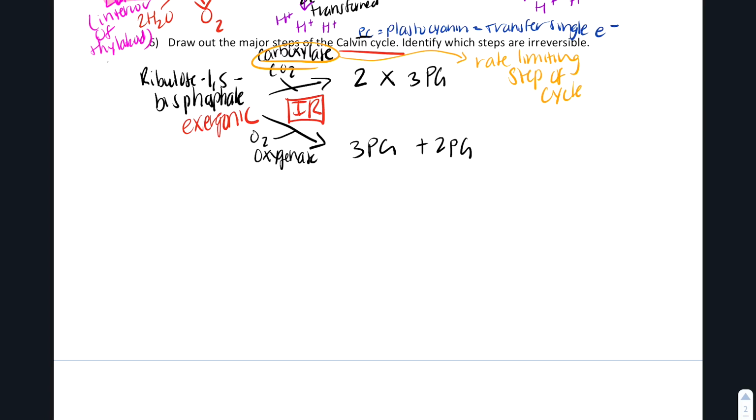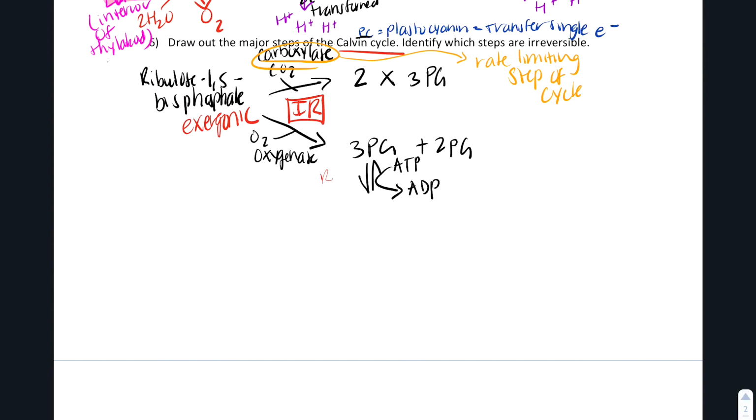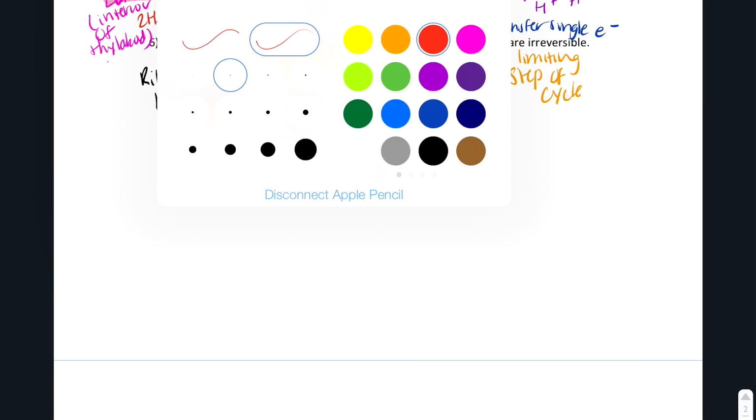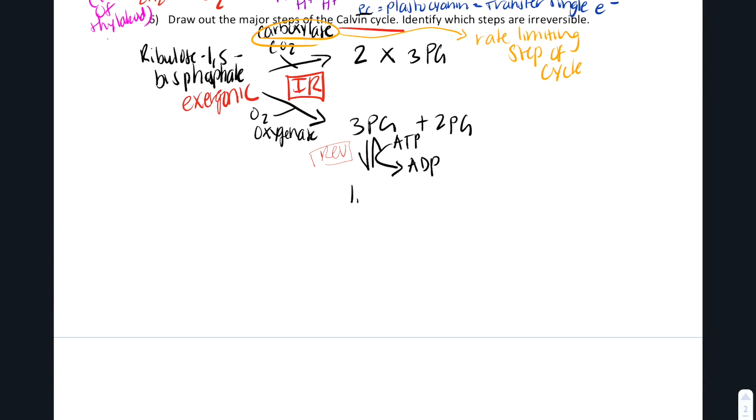The process begins with the breakdown of 3PG. So you add an ATP and you get out an ADP. This is reversible, right? So make sure you're keeping note of all your irreversible steps. And that gives us 1,3-bisphosphate